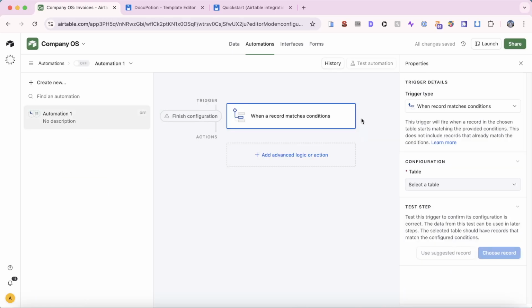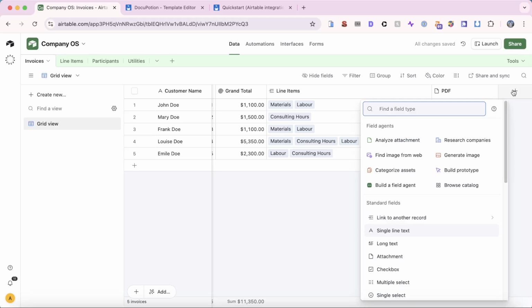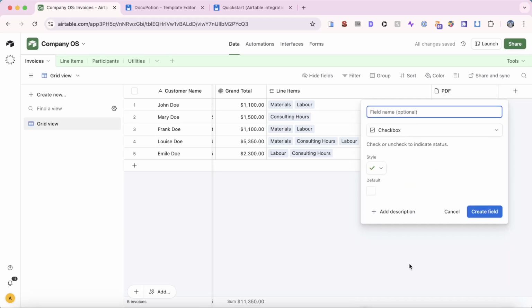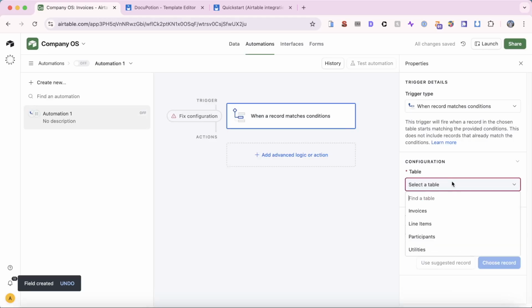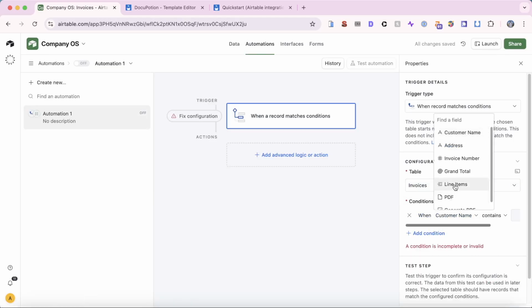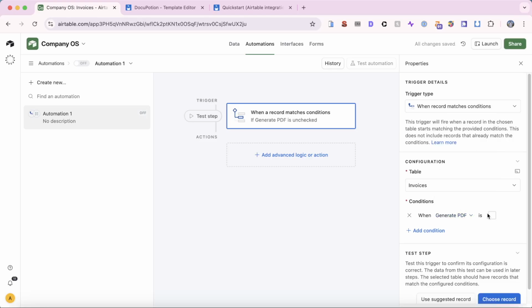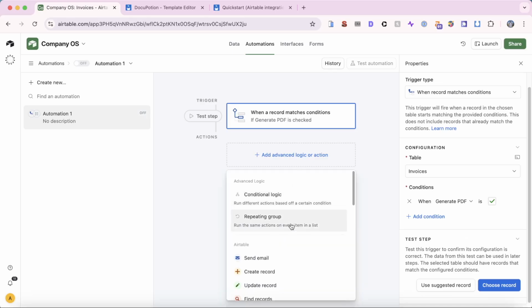And now I mentioned the checkbox a second ago. What I'm going to do to trigger this automation is I'm going to add another field over here. It's going to be a checkbox. I'm going to call it Generate PDF. I'm going to leave it unchecked by default. But what that means is when I'm going to select the invoices table first, but when the generate PDF checkbox is checked, then we're going to run our automation. And what we're going to do for our advanced logic or action is we're going to choose